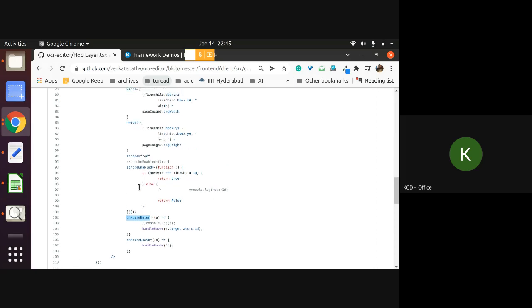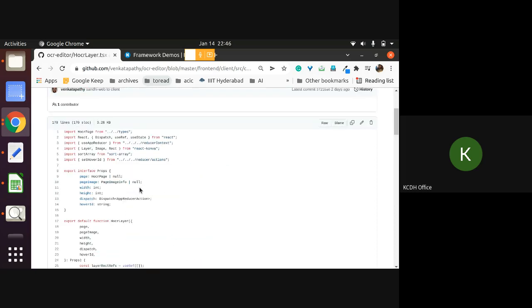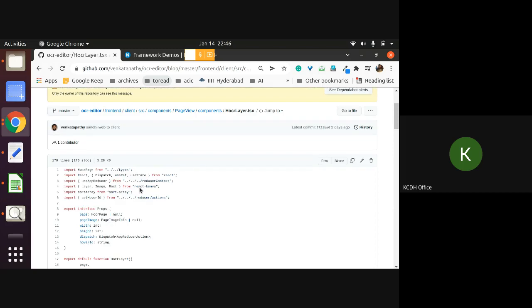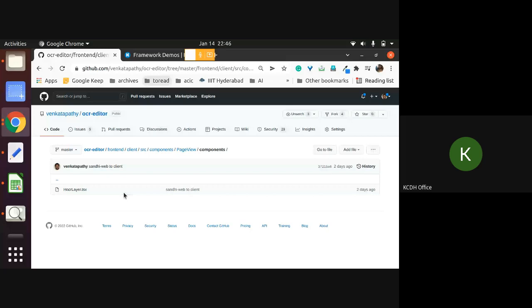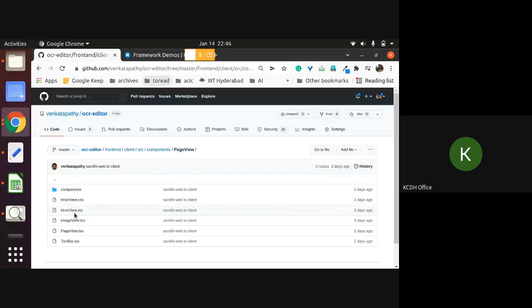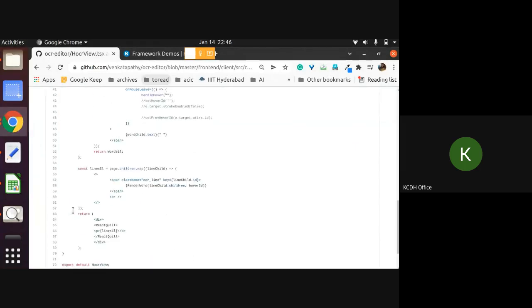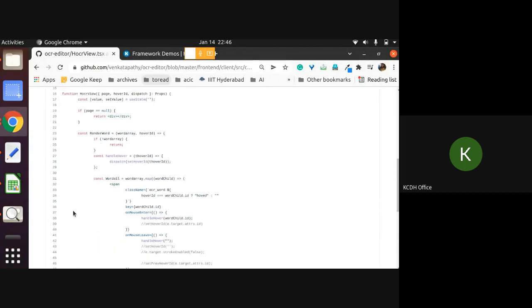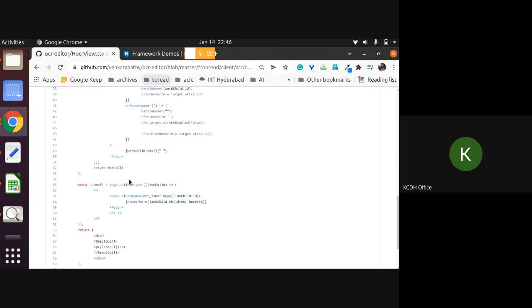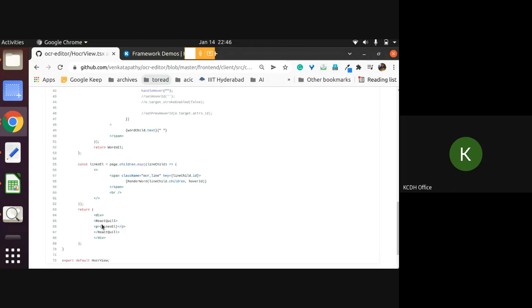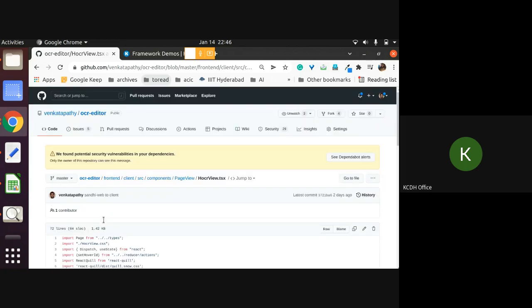So a page view has an image component in which there are different layers. We saw the image layer. The right side is very simple, which is the HOCR view. Here also we follow the same concept, where lines will display. So you display a line. In fact, this is an addition that I'm making. It's not actually like this. Why is it in master?